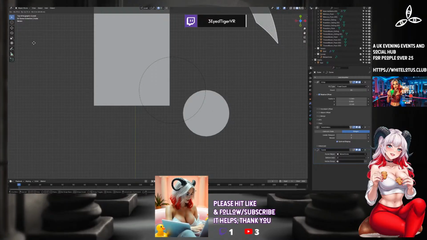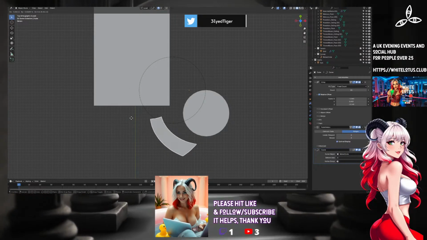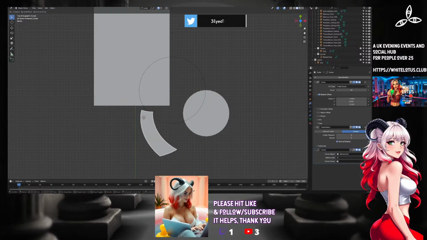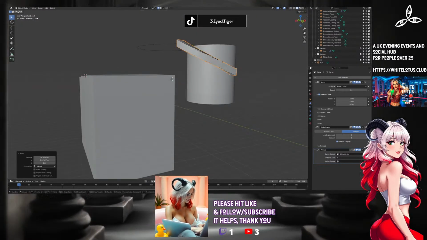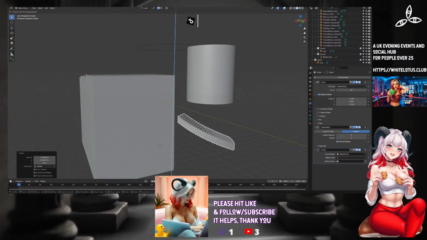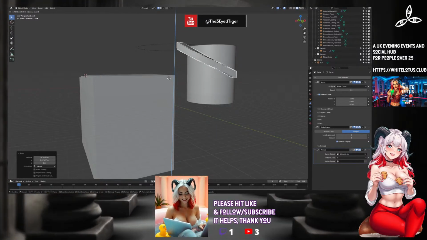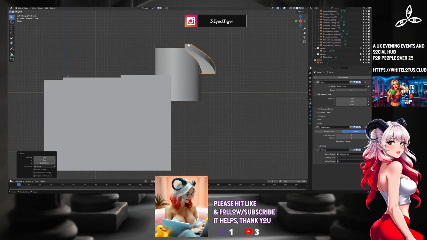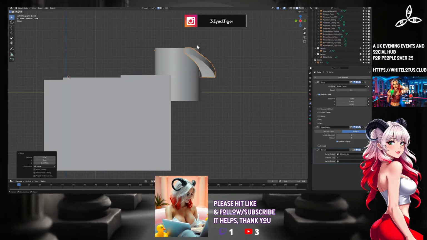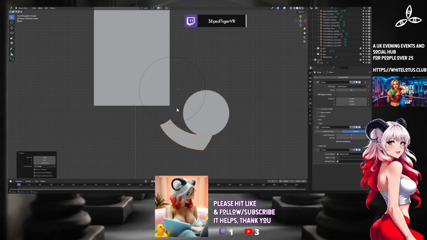I'm going to try this now. G-Z down. Does that make any difference? Right, so dragging it on the Z-axis doesn't do anything, which is great. So if I G it down to here,